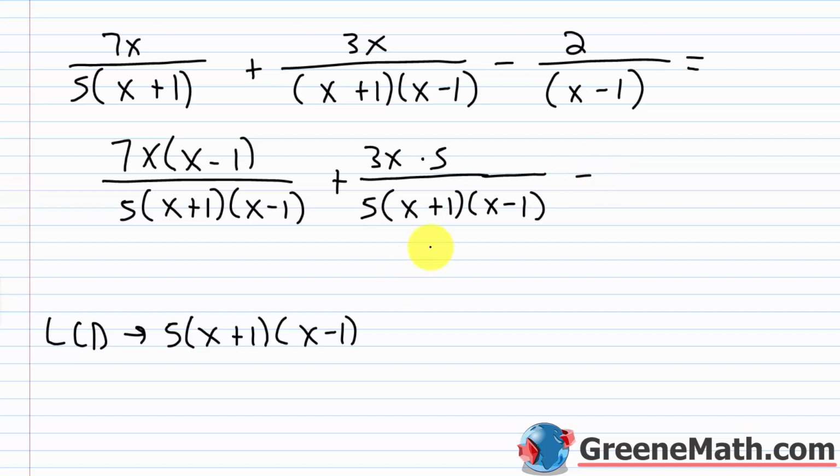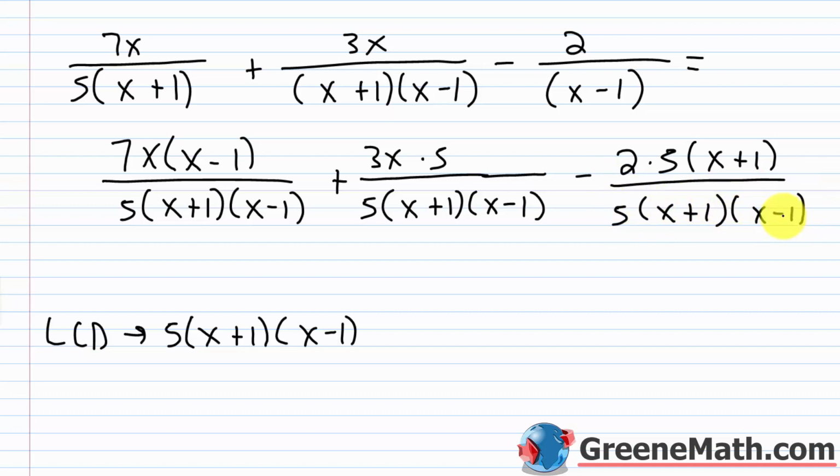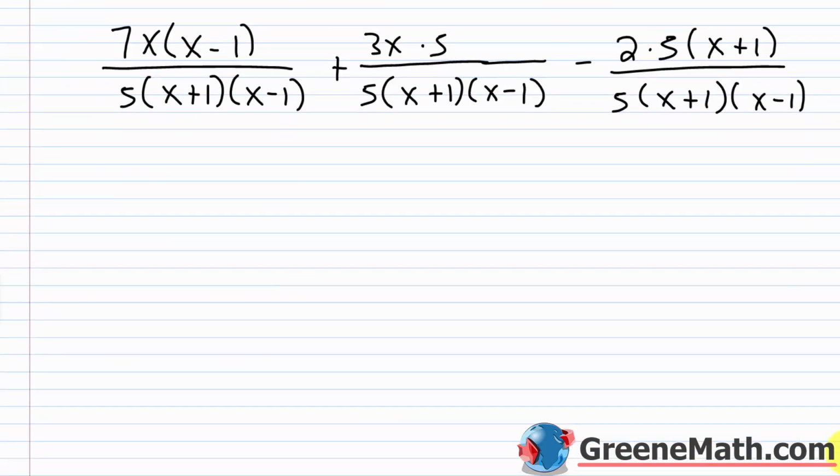Then minus, over here, I'm missing the 5 and the x plus 1. So 2 times 5 times the quantity x plus 1. Then this is over, again, 5 times the quantity x plus 1 times the quantity x minus 1. Okay. So from this point on, it's very simple. Let's kind of scroll down, get some room going. So we'd have